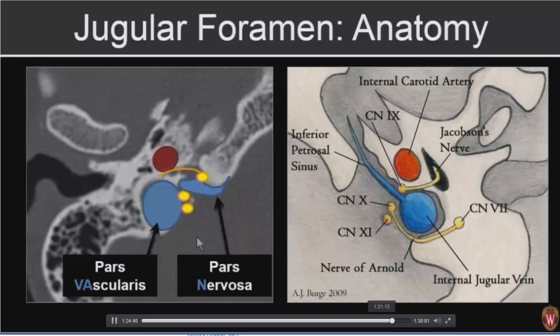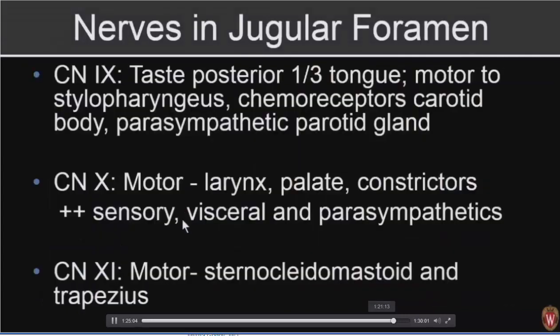So the jugular foramen is divided into two major compartments. The pars nervosa, which is more anterior in position, houses the inferior petrosal sinus and cranial nerve 9. You can remember that by N for nervosa and 9. Pars vascularis has the vagus nerve and the spinal accessory, vascularis, as well as the sigmoid sinus, so 10 and 11. So you have to think about nerves in the jugular foramen, 9, 10, and 11, and you want to